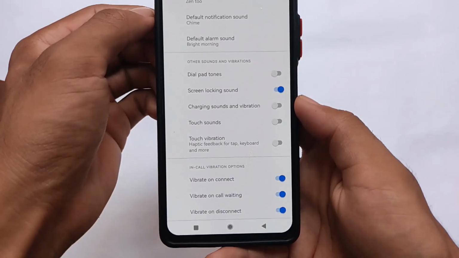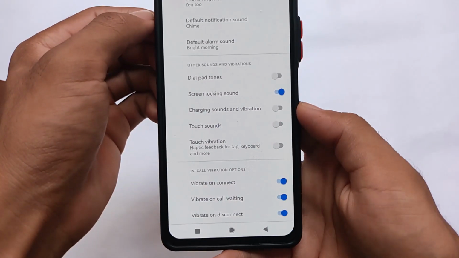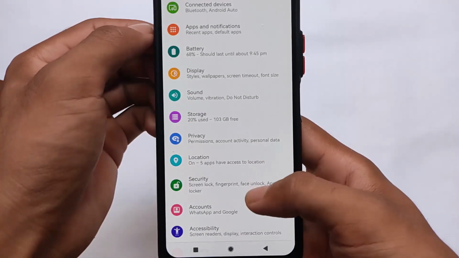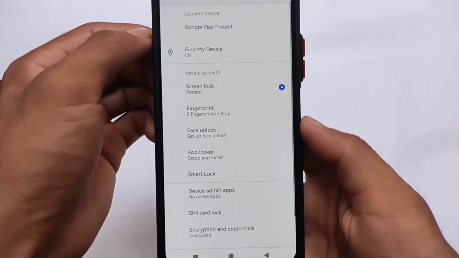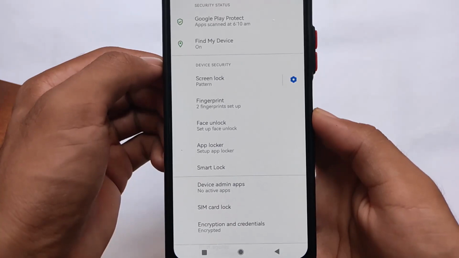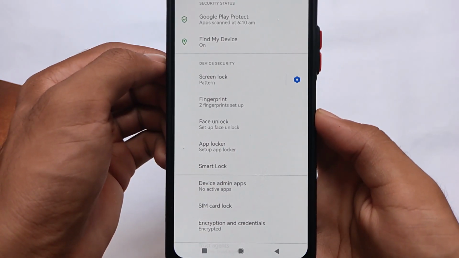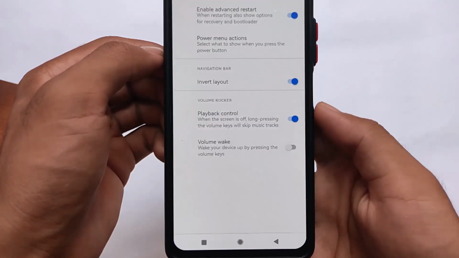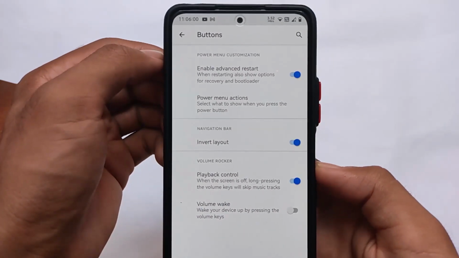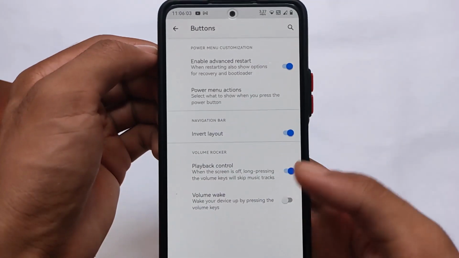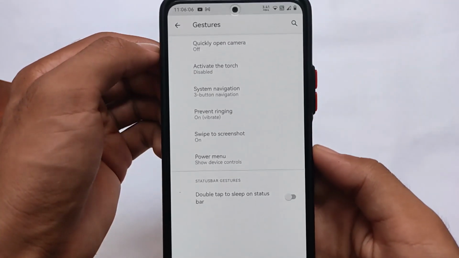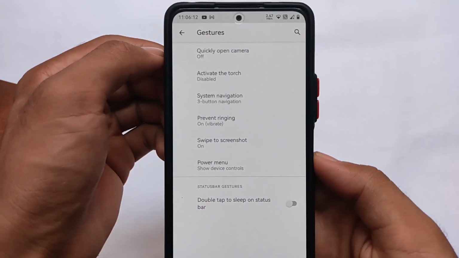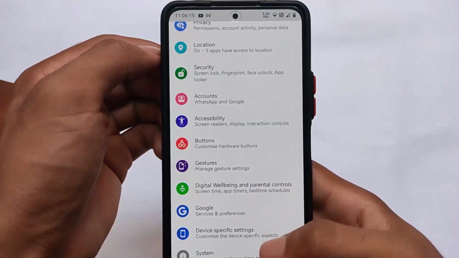Yes, all the useful features which you need in a custom ROM are definitely present here. Vibrate options were quite good, and everything else I've already shown you till now, actually quite interesting. It doesn't come with any kind of dedicated menu where you get all these customizations, but these customizations are available everywhere. It comes with the app locker support available for you. Face unlock is present, fingerprint is present. You can also see my device is encrypted, so encryption is working perfectly fine. There might be some device specific changes, but most of the things are significantly same for all of these devices. Advanced restart and else, as you can see, some gestures options, system navigation which you can customize. 3-finger screenshot option is available for you. Power menu where you can enable the advanced restart etc.